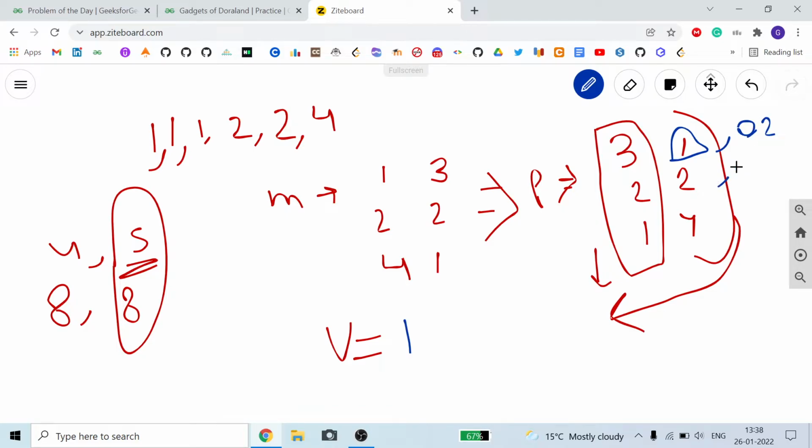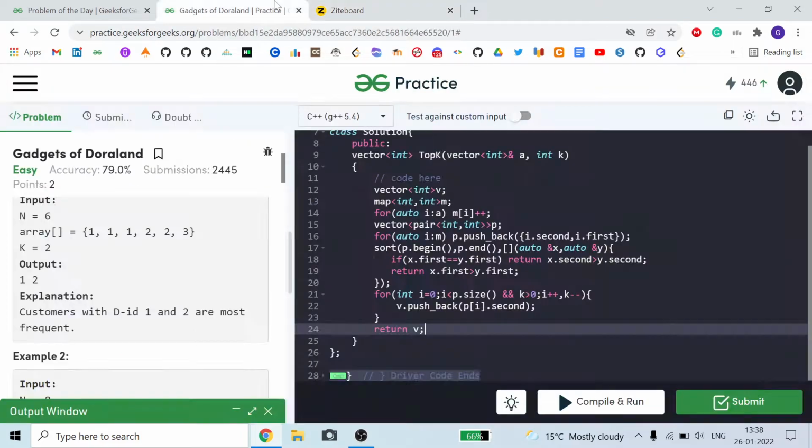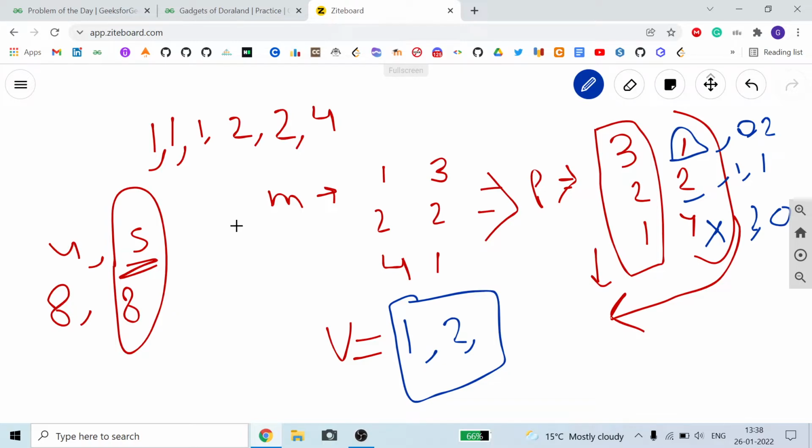Now here i is equal to 1 and k is equal to 1. So now I will store my 2 in the vector, and here my i is equal to 2 but my k is equal to 0, so I cannot store this number. So this is my answer vector. 1 and 2 is my answer vector. You can see 1 and 2 I will get, and I will take another example.